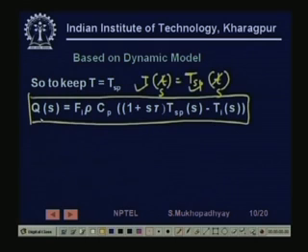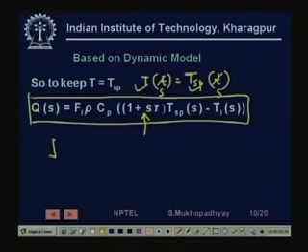Very interesting to see that the set point change is now multiplied by 1 plus s tau. What does it mean? It means that if you give a set point change suddenly, then it will require a tremendously high